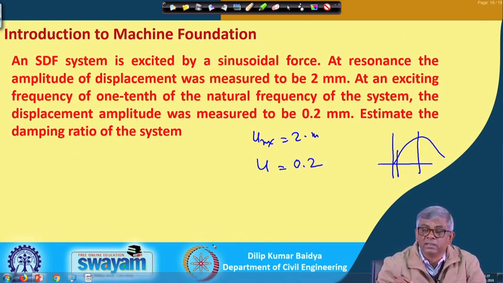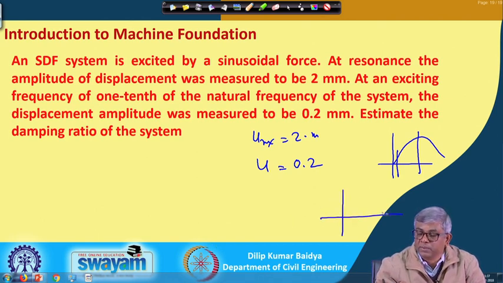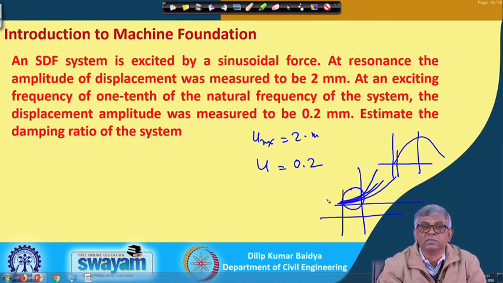If you see that response, I have shown before and will show in the next slide, when the frequency is less, your response is something like this. At low frequency the amplitude is almost constant. So, this is the observation we can use, by using which this problem can be solved. The displacement amplitude was 0.2.